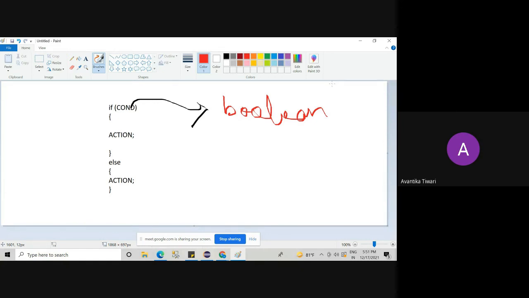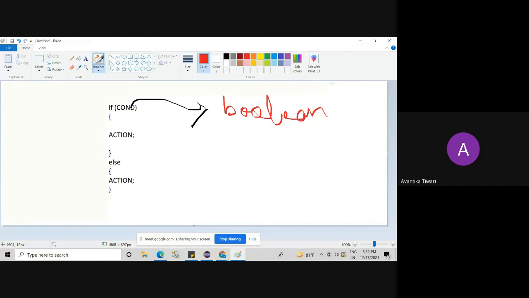Why? Because true means 1, false means 0. So if we pass 0 and 1, the compiler was so stupid that it could never differentiate between true, false and 0, 1. But this is not the case with Java compiler. Java compiler is very smart. It says that you have to pass only a Boolean variable.